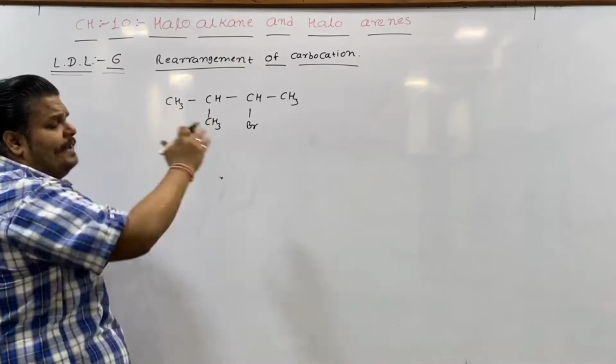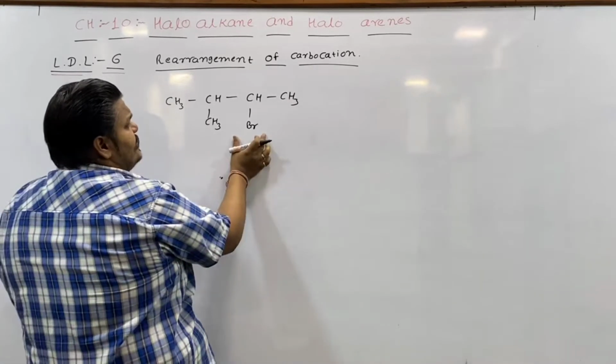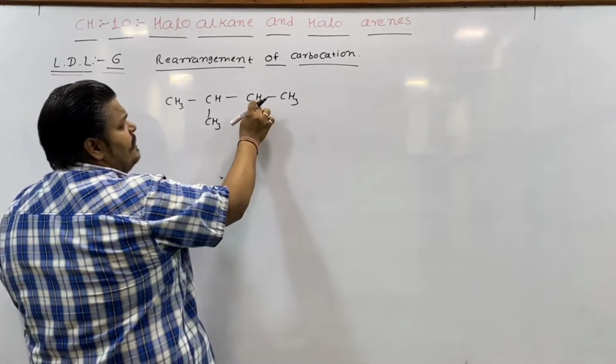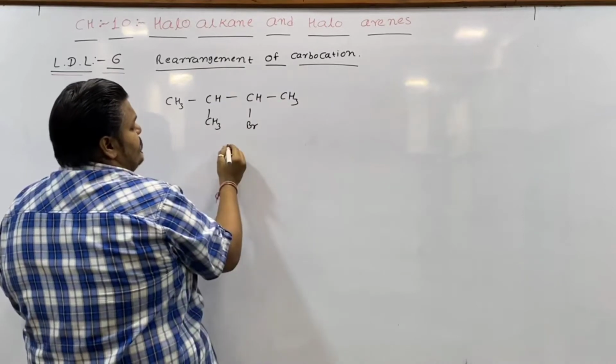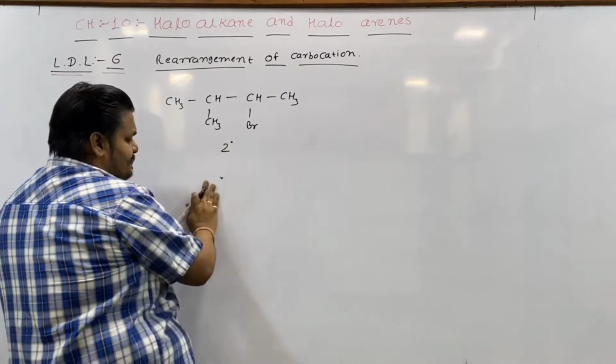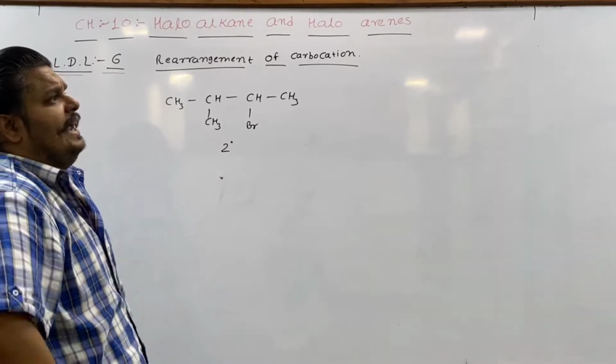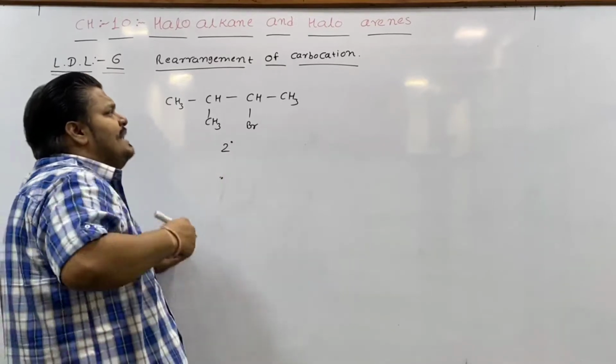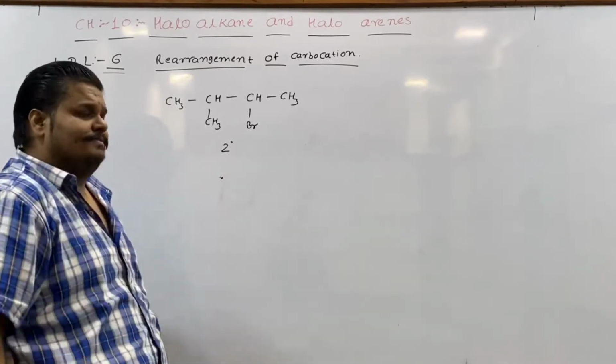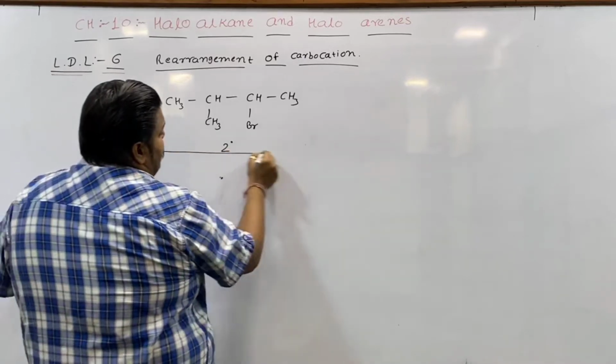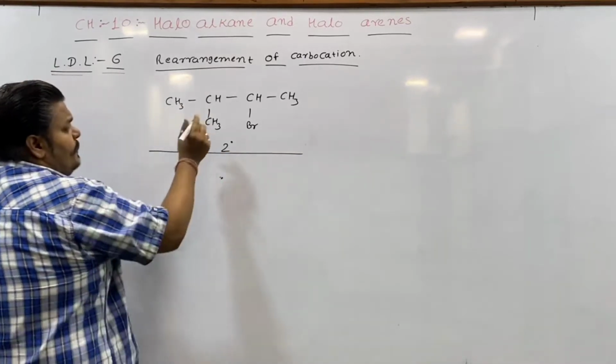an alkyl halide in which the halogen is attached to a carbon and that carbon is bonded to two other carbon atoms. That's why it is called a secondary alkyl halide. Being a secondary alkyl halide, it can follow the SN1 as well as the SN2 mechanism. Let's see the SN2 mechanism followed by